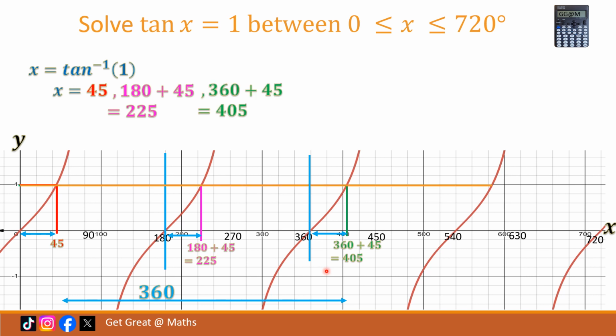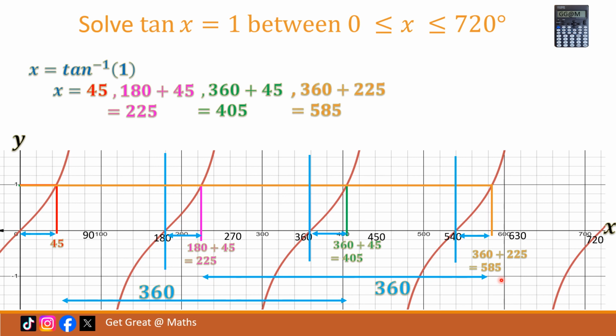The fourth angle comes, okay, from drawing the line across at 1. So I've got one angle, second angle, third angle, the fourth angle is where we hit the curve again. Draw a line down. You can see again at 540 is where we're symmetrical about, and we're going to add on that 45 to the 540 to get the next angle. Or we can think about our second angle, which was 225. It repeats every 360. So if I do 360 plus 225, which gives me 585 degrees, my fourth angle is